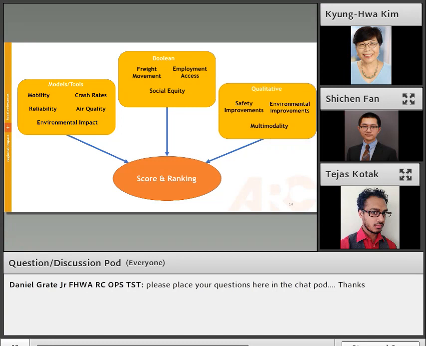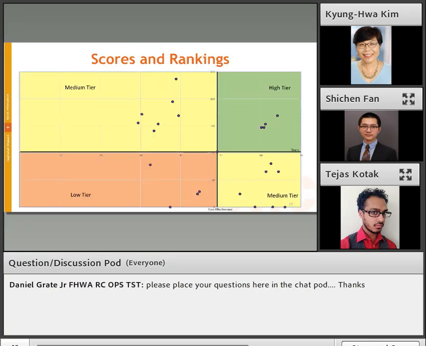All of these variables are ultimately put together into a final score on a 0 to 100 scale, and our projects are ranked against each other. This chart shows how these scores turned out for us in this most recent TIP solicitation that we are currently wrapping up. So we have high, medium, and low tier projects based on what their final score was, as well